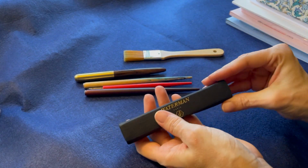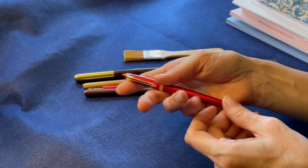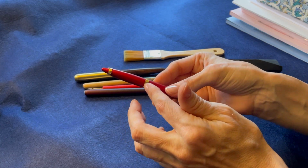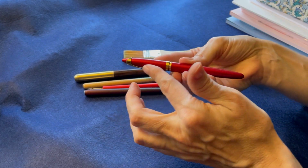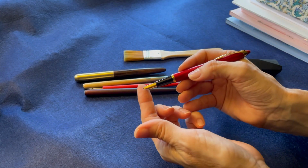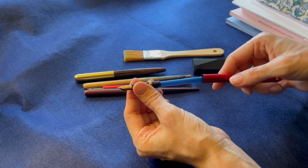Here's this Waterman, if you like the small red ones. And this one is metal, very easily handled with gold trim and made in France, sort of shaped like a bullet or a rocket, and you can put the lid on the end for weight. It has a rounded ball nib and is refillable with these long Waterman cartridges,